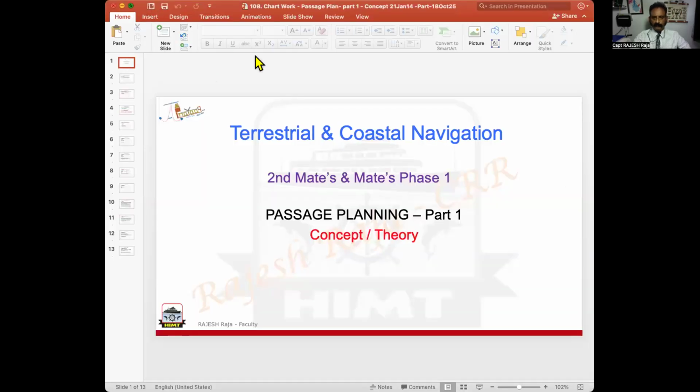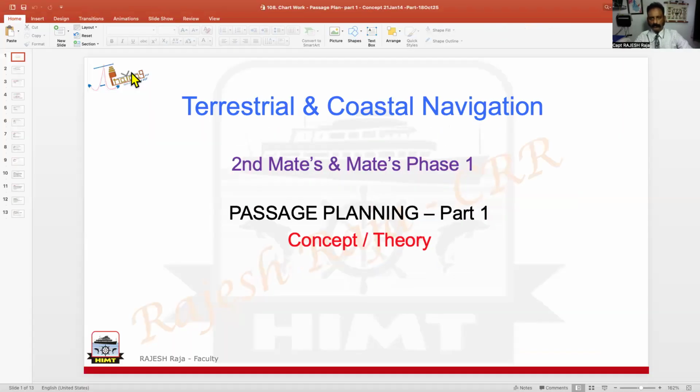I'm going to start a partially new topic today, which is passage planning. If you remember, we have done one video on passage planning earlier also, but that was based on an MMD exam question. So it was not a direct concept or the principal theory kind of approach. There was practically one numerical done. But if you honestly ask me, your passage planning as a theory, remember